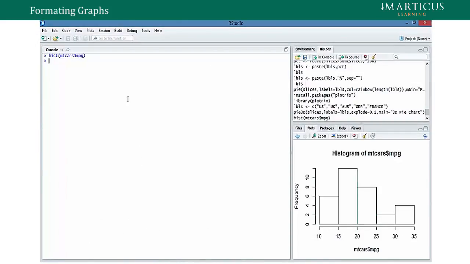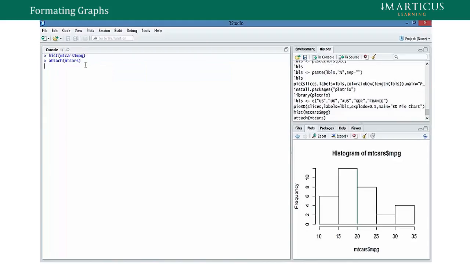Now we can go ahead and, so we have already done some scatter plots, but further if you want you can do some more, right? So we already have mtcars loaded, but if you don't want to refer to mtcars again and again, I'm saying attach mtcars so that we can directly access the variables. So we can say a plot of weight versus mpg, that is miles per gallon,